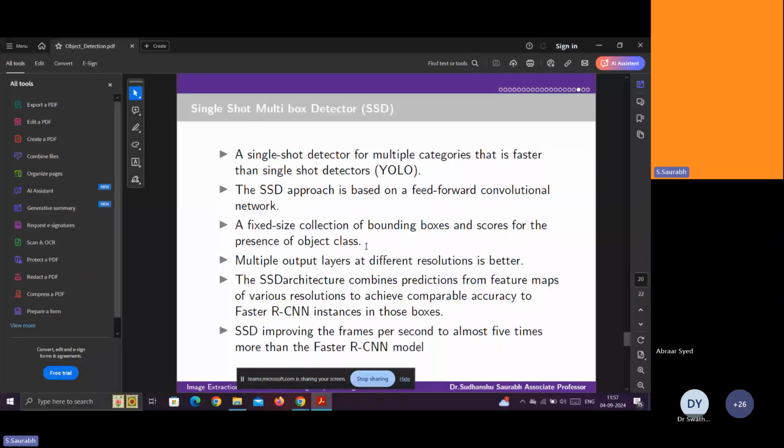Those classes take care. Now those class numerical values are direct. You don't pass them directly, that np dot some values are there. So pass those values, and those values will take care to predict the information of the bounding box. So a fixed size collection of bounding boxes,